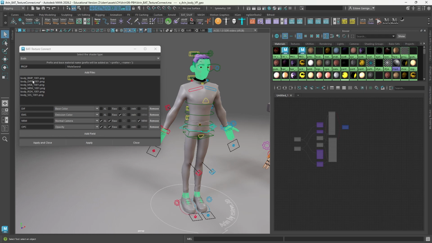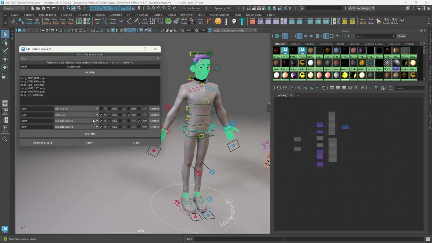And here diffuse is the same. I'm going to use the mask for emission, and I'm going to set it by reverse. Normal, I'm going to set here bump,